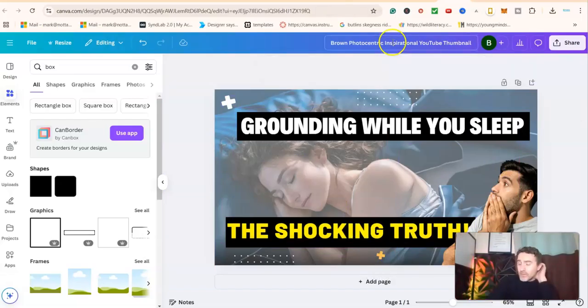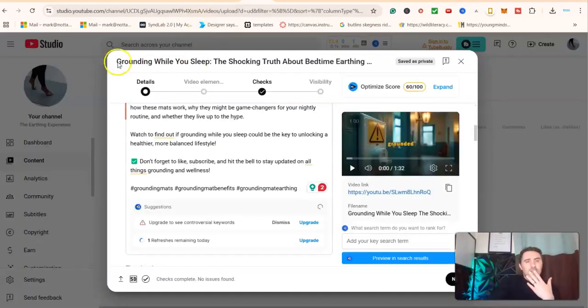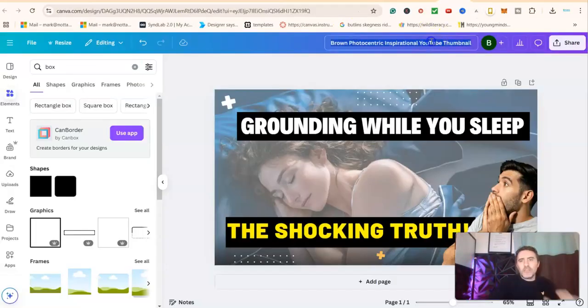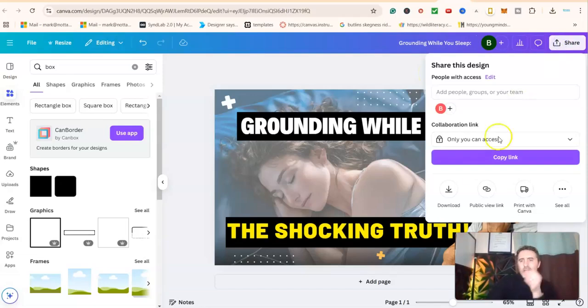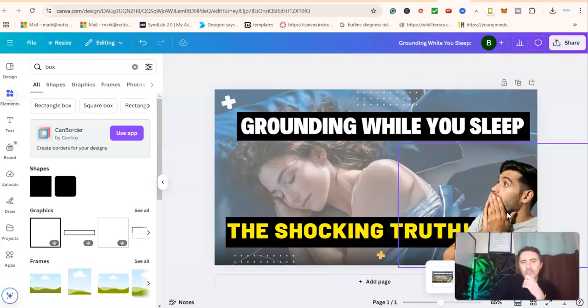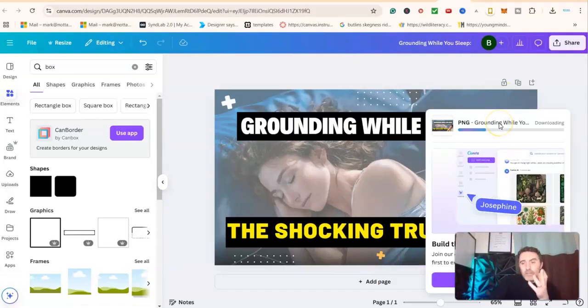Now, before we download this, I don't just want to download it using this title up here. Again, I want to be using my keyword, so I'm going to come over here and go with that, grounding while you sleep. Copy that, go back over here, change that into there, grounding while you sleep, and then I'm going to hit on share, and I'm going to hit on download. I'm going to download the image. And then, again, it doesn't take long, that's going to download for us. And then once that's downloaded,